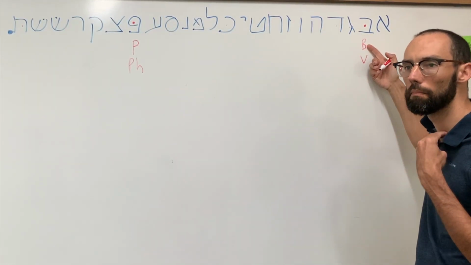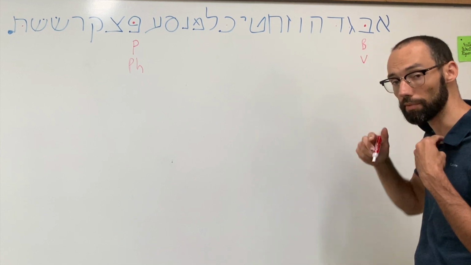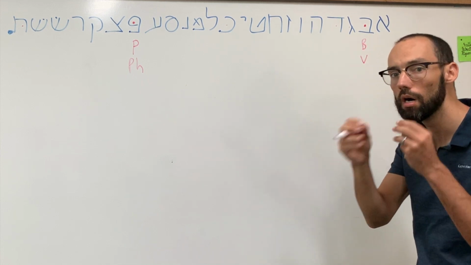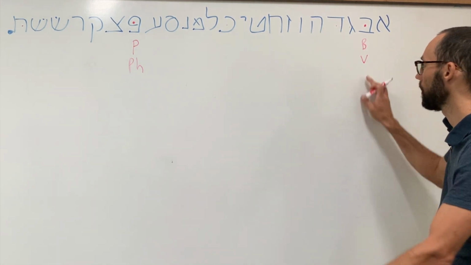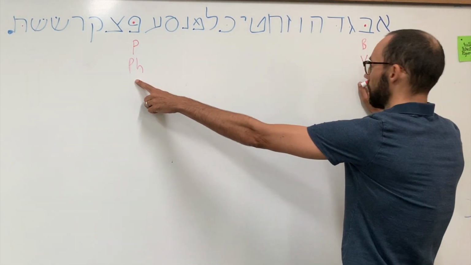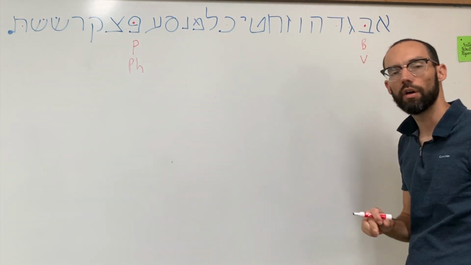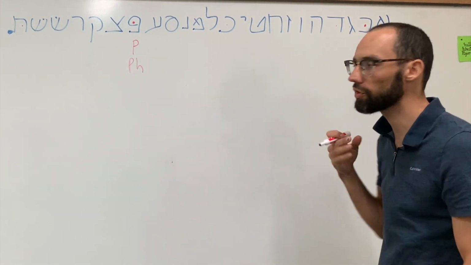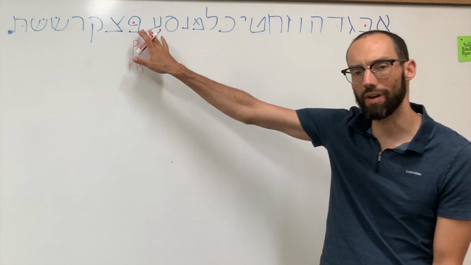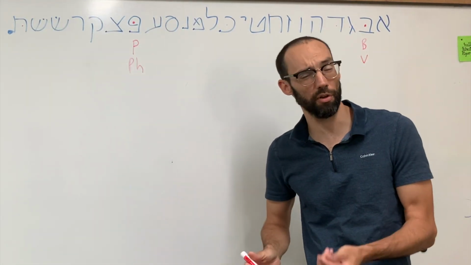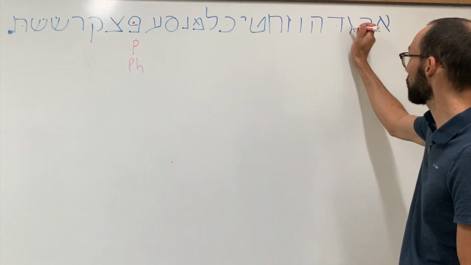So you got vocalization builds up. B. Okay? Without that, it's just vocalized the whole time. So that's the difference here. The V and the PH. Just the vocal cords here. But anyway, so those are the two important ones, and those are the only two that really affect our English pronunciation. These other letters here,